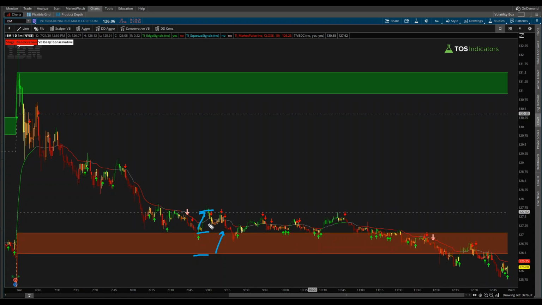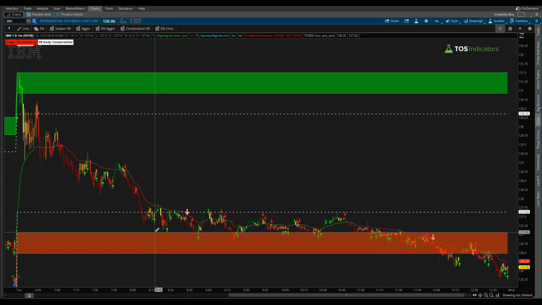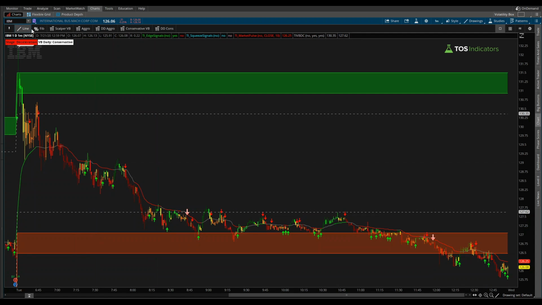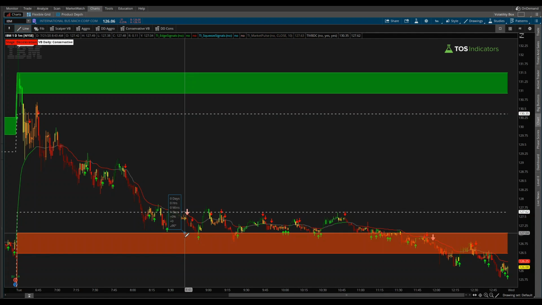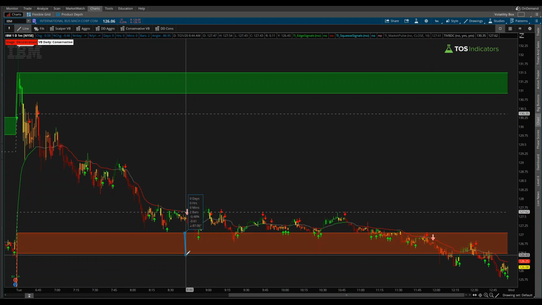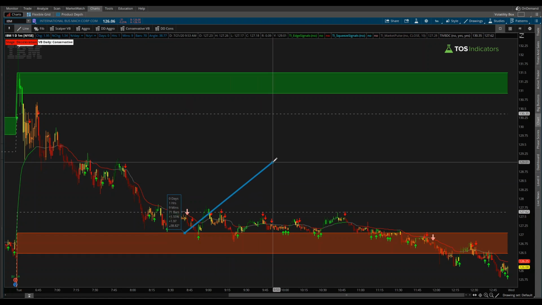In the case of IBM here, you'll notice that price action continued to fall back to our clouds instead of doing what a lot of stocks typically do, which is start to reverse from here, giving you a really nice entry point for the rest of the day where your risk to reward also made sense on this trade, where our risk here, if I do measure this out just in terms of a dollar amount using the trendline tool,